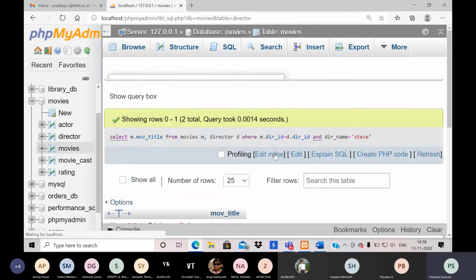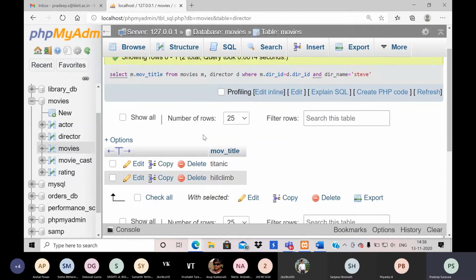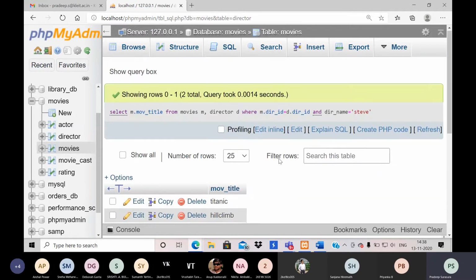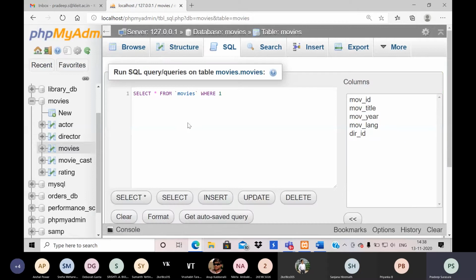Sometimes we may get errors. 0 or 1, total 2 queries executed. Okay, Steve has done 2 movies. Okay, now this is working fine. Why not Hitchcock? The query is absolutely correct, no?